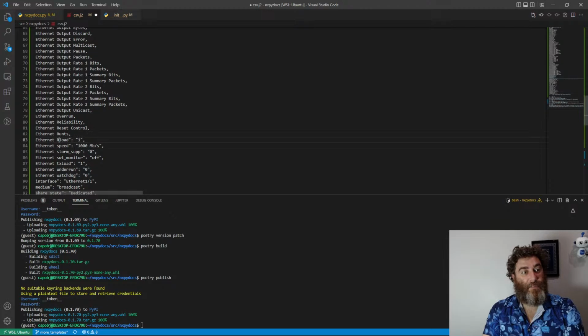So again, I'm going to take RX load and TX load and put them together, which means I have to remember to do that when I do the actual values, not the keys. These are the keys. When I do the values,